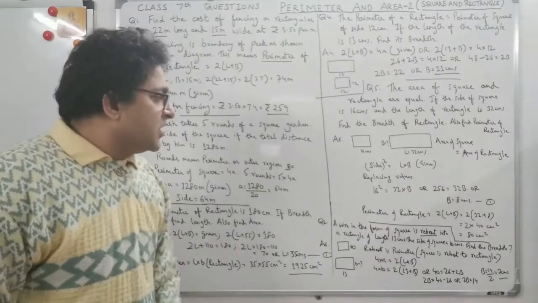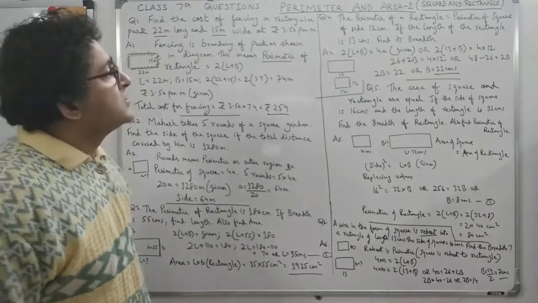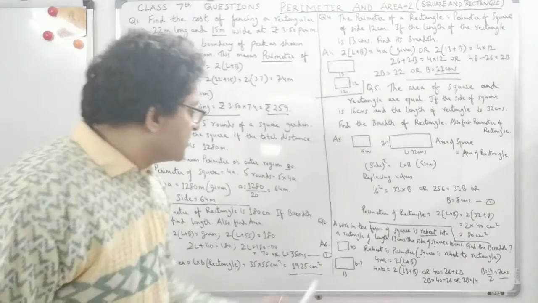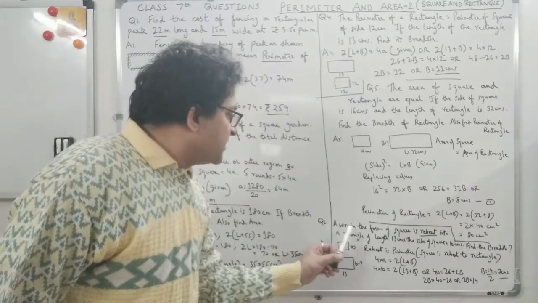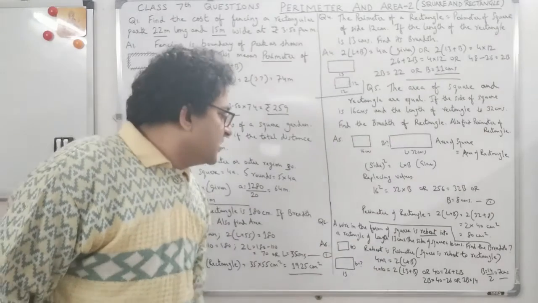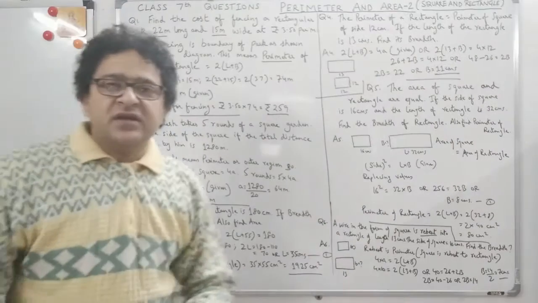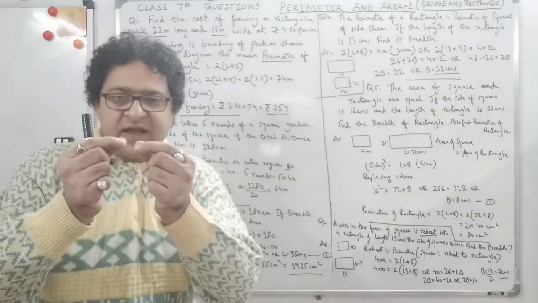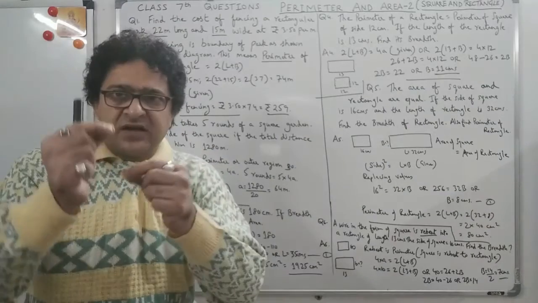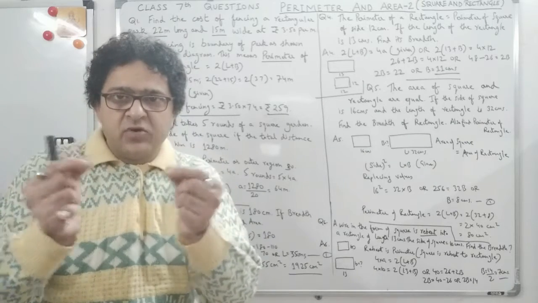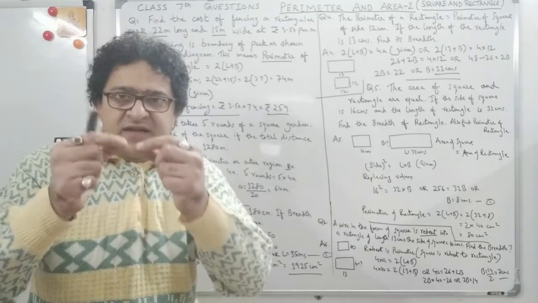Fine, students. Now this is the last question here on the square and rectangle perimeter and areas. The question is, a wire in the form of a square is rebent into a rectangle of length 13 centimeters. Now rebent always means perimeter. Suppose I have a square wire like this. I am holding this wire and I bend it, twist and turn it. What am I turning? I am turning the boundary, not the area enclosed inside.